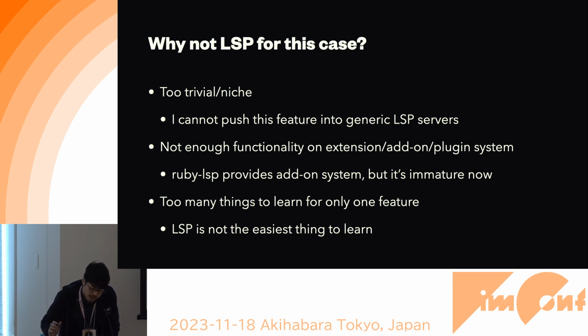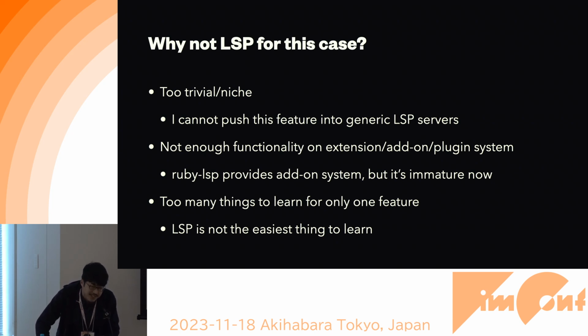So we have some generic LSP servers like Ruby-LSP. And in fact, it has an extension system, but it's too immature. I don't want to use it. Actually, I created the rspec current Vim plugin almost half a year ago, in April or something, but at that time, Ruby LSP didn't have an add-on system at all. So I needed to make it standalone. And